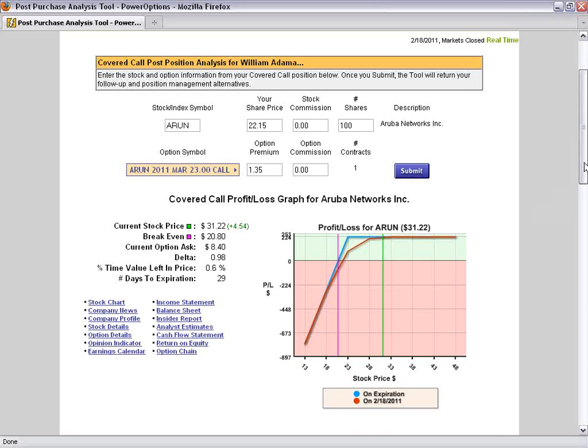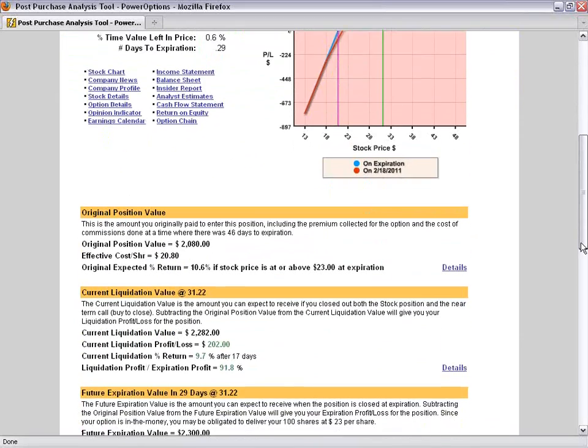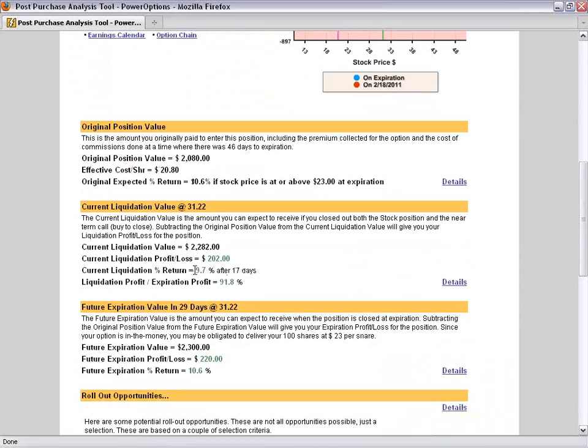Now the real solution to this problem we're looking at, ARUN. Remember, the stock jumped up $4.50 today. The option has been so deep in the money now, we still have 29 days to go. Realistically, to me, you probably already grasped this. If I was in this scenario, I might just liquidate today and take that 9.7% profit, which is 91.8% of what I expect to make in the next 29 days if the stock's still trading above 23. That's the 80-20 rule. We talk about that in some of the educational articles for covered calls.